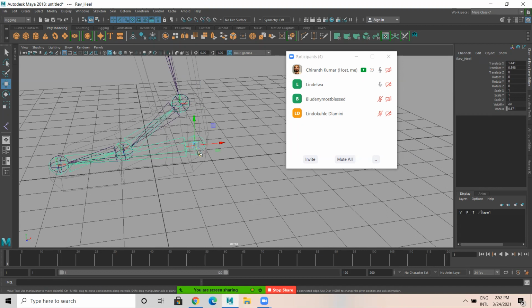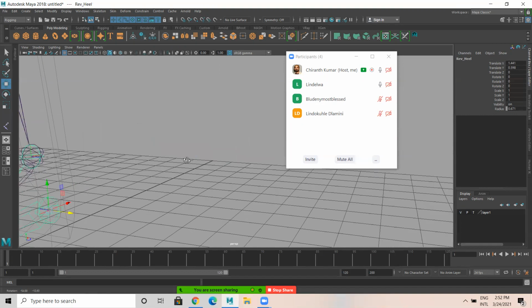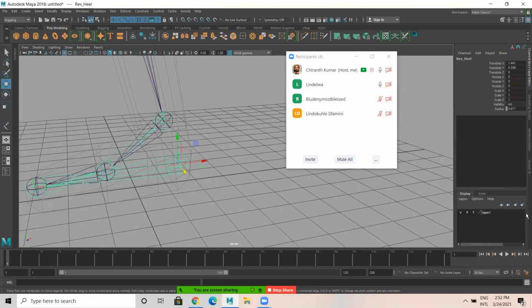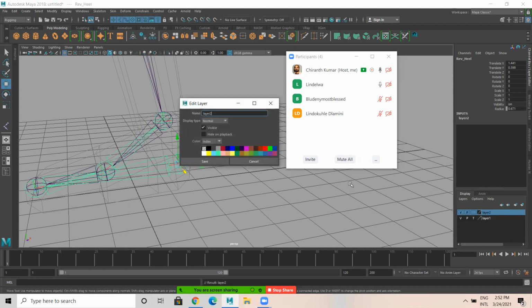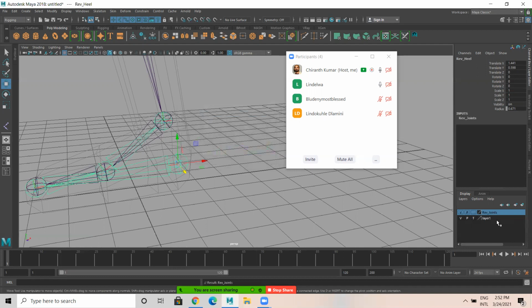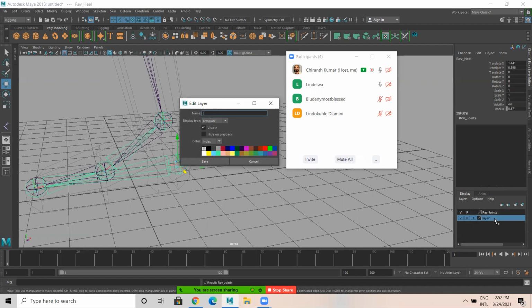Any doubts up to here? Okay. So now I'll keep these reverse joints in a layer, reverse joints, and I'm going to save this. This is the leg model.